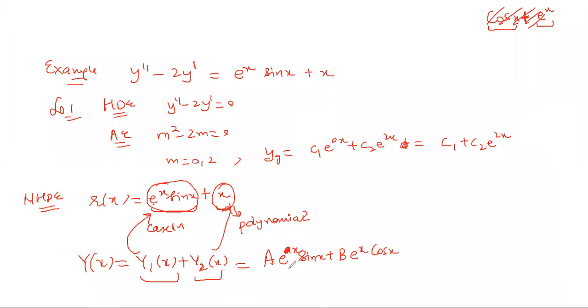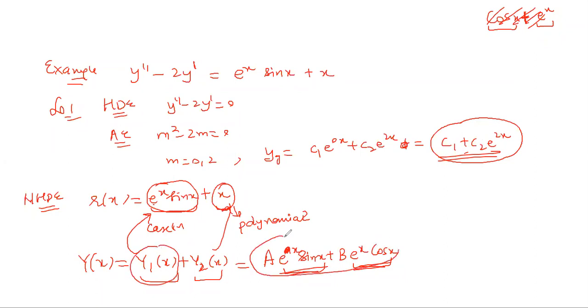If you are doubtful whether we have to multiply with x or not, the only thing you have to see is whether this term or this term, or both of them, are appearing in the general solution of the homogeneous differential equation or not. You can see they are not appearing. These terms are completely different. These are not explicitly part of the general solution of the homogeneous. Therefore, you will not multiply with x, right? So this is about y1.